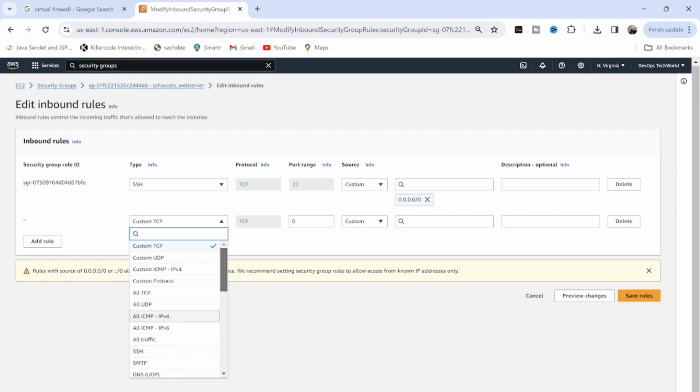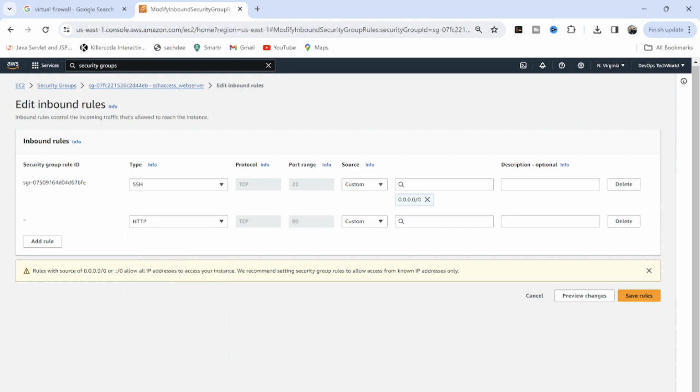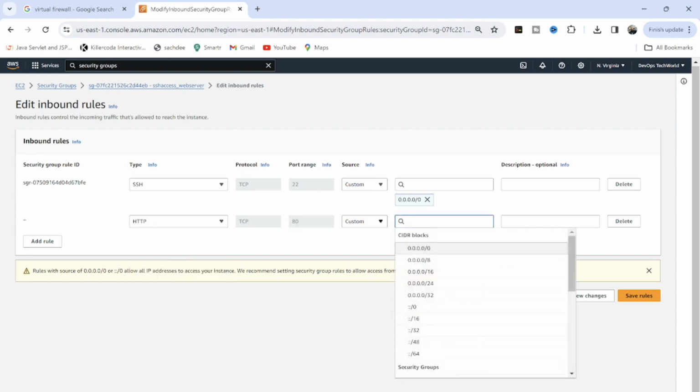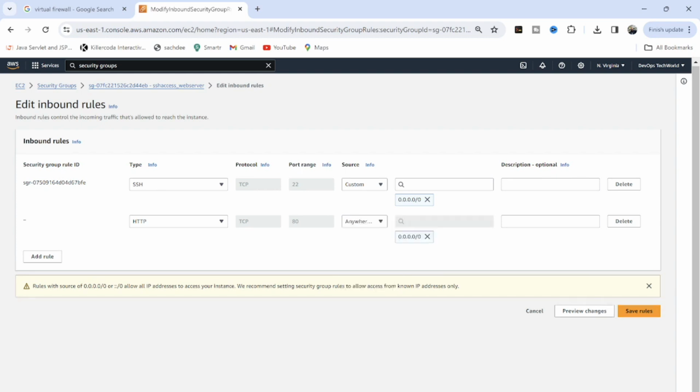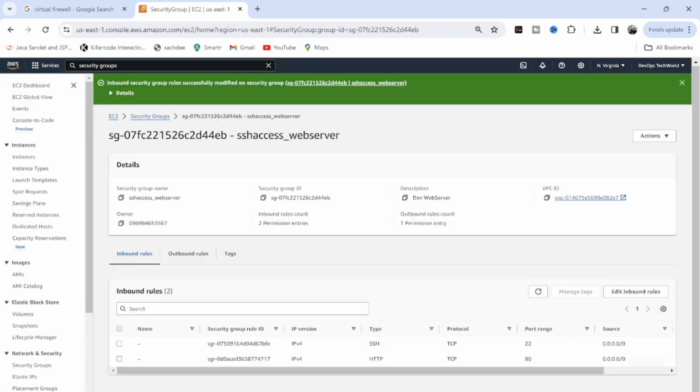And we are going to add HTTP, anywhere, save rules. So right now we have added two rules, two inbound rules, which means to allow SSH connection from